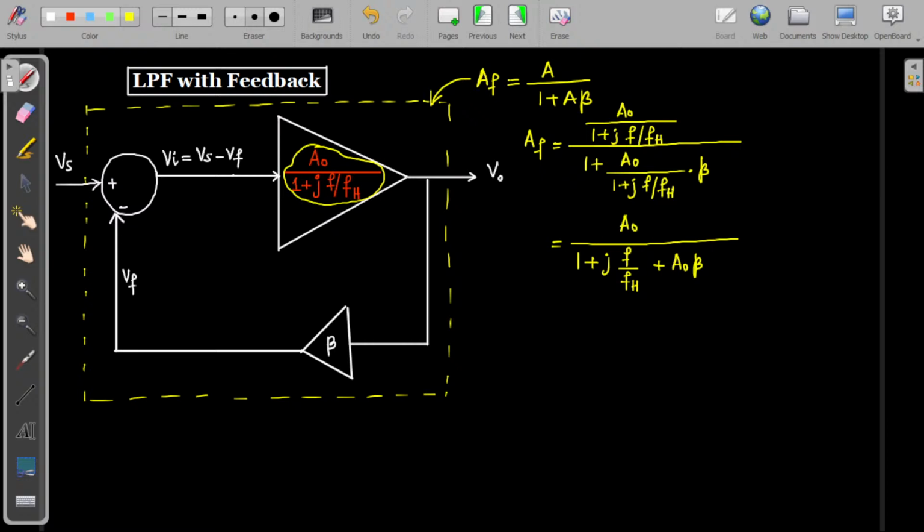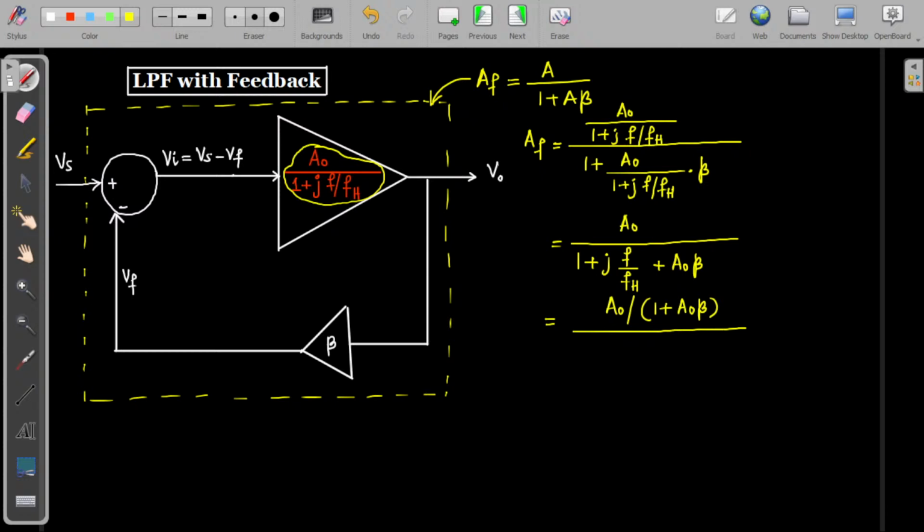Now this equation can be further simplified in this form, that is A0 divided by 1 plus A0 beta